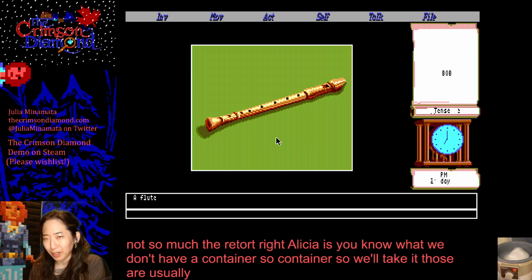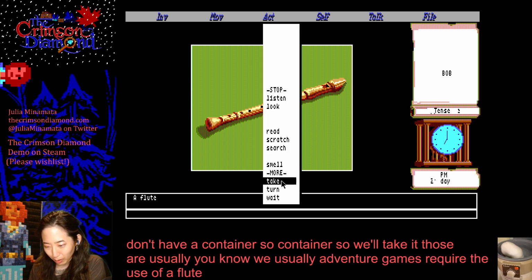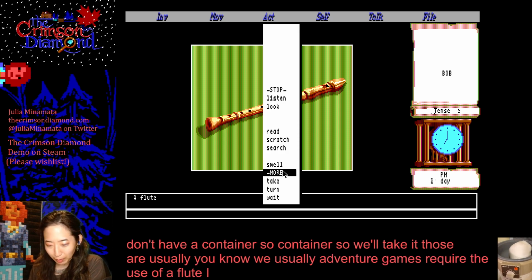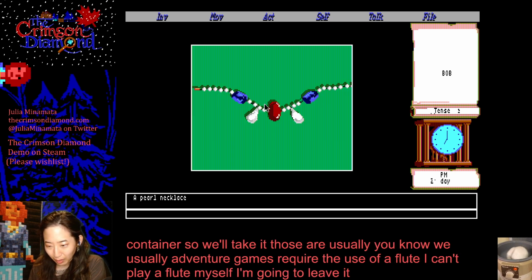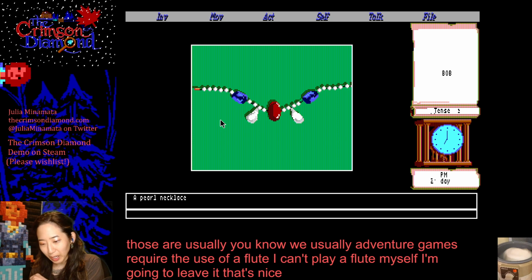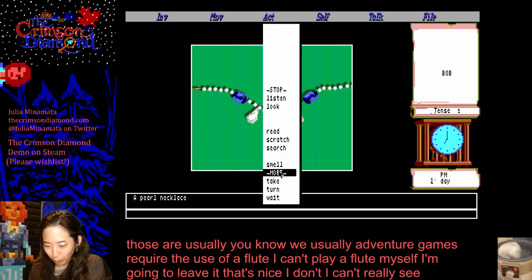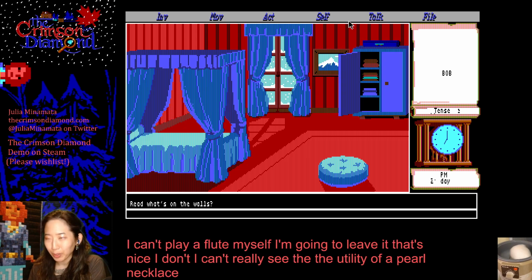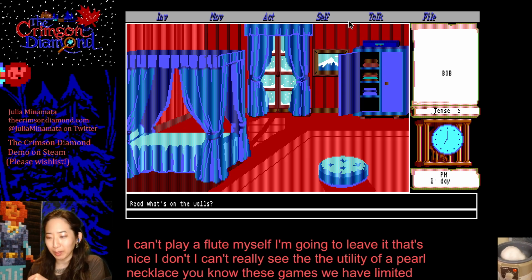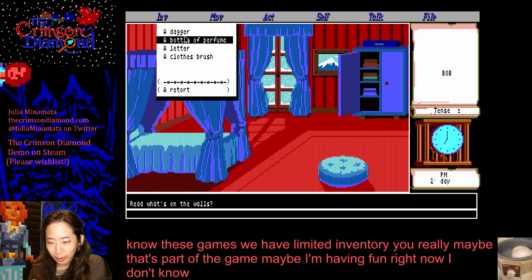Adventure games usually require the use of a flute. I can't play a flute myself, so I'm going to leave it. Oh, that's nice, but I can't really see the utility of a pearl necklace. These games where you have limited inventory, maybe that's part of the game. Maybe I'm having fun right now. I don't know. But the letter,